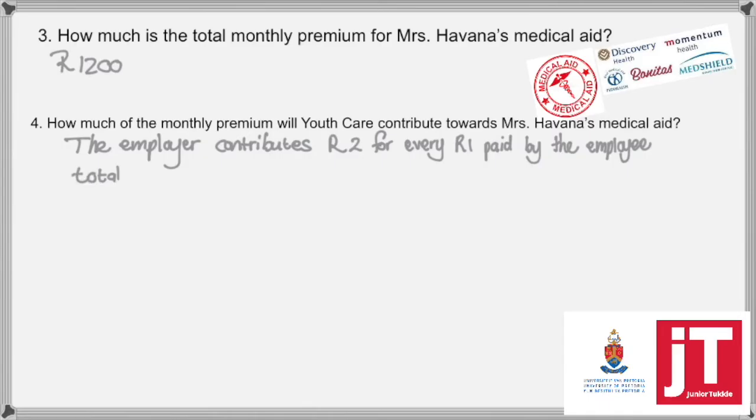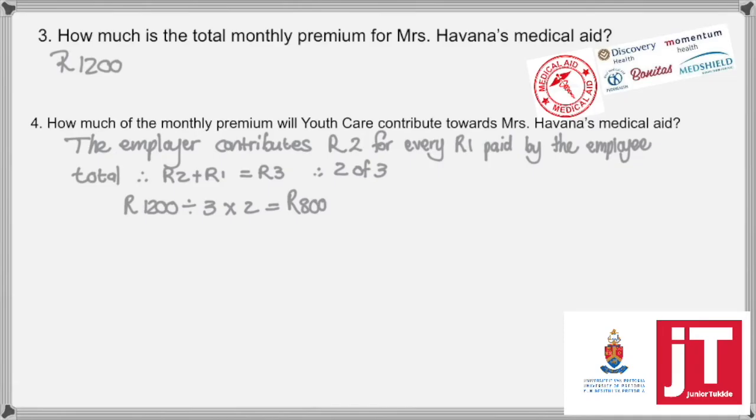So in other words, the total is 2 Rand plus 1 Rand, a total of 3 Rand, so it's 2 of 3. So when we take the 1,200 and divide by 3 times by 2, the medical payment by Youth Care will be 800 Rand of the 1,200 Rand that they will pay for Mrs. Havana's